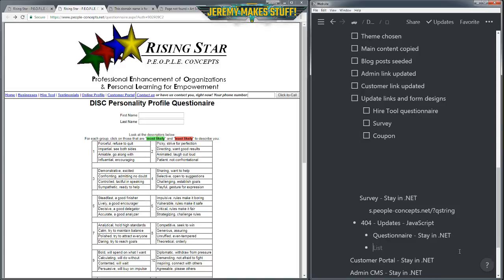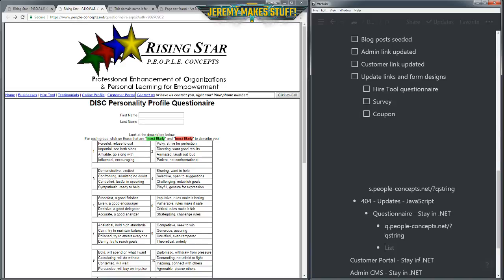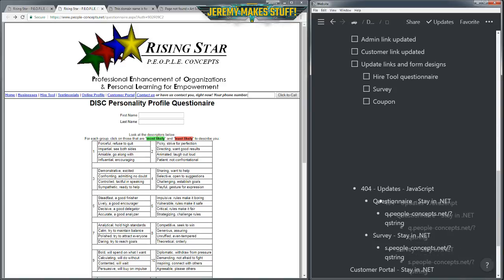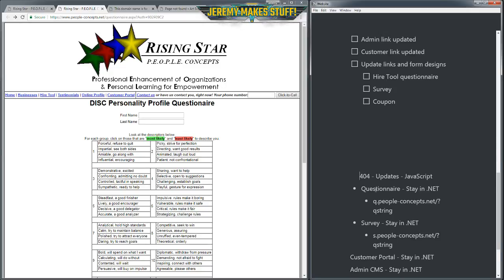It's kind of like Trello plus some sort of mind mapping, brainstorming application, I guess. Can I move this back over? Well, anyway. Okay, so that would be that.